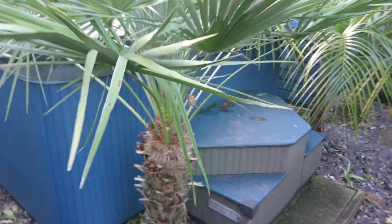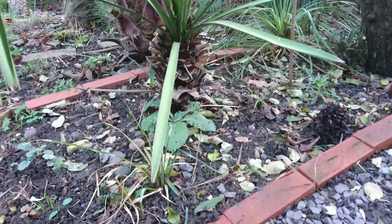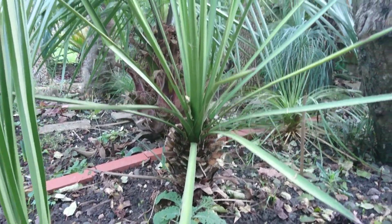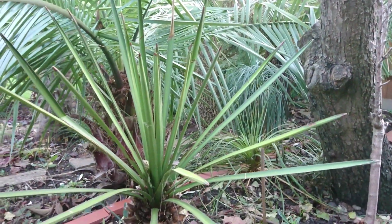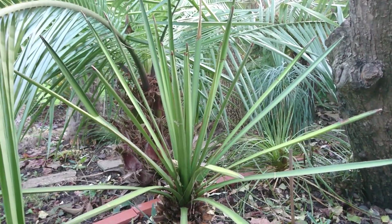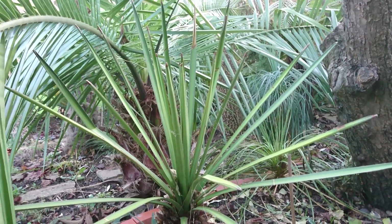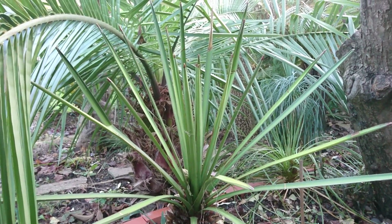Let me see here. This yucca. Doesn't look too bad actually. I'm trying to remember its name now. What was the name of this yucca? Oh, by the way, I forgot probably to tell you the name of the hardiest palm, as they say, Rhapidophyllum